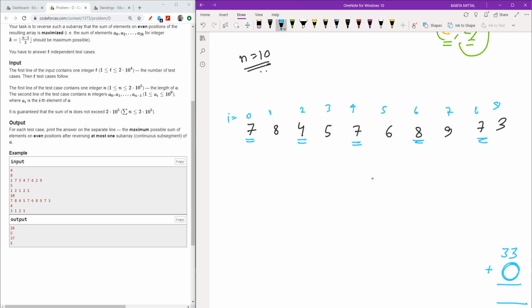Now I need to add something. How will I add? I will check if I can replace odd indexed elements with even indexed ones, and by replacing those, what is the maximum subarray sum I can obtain from the array of differences which I make.